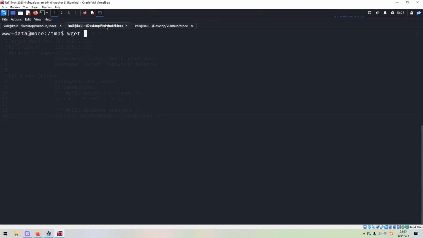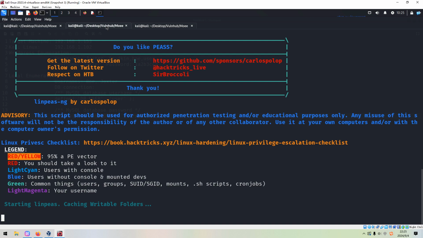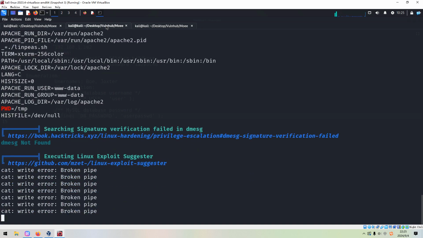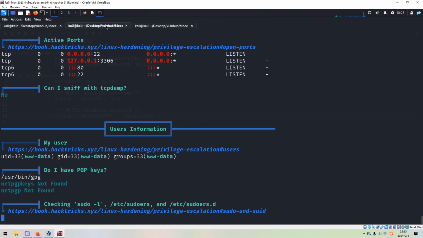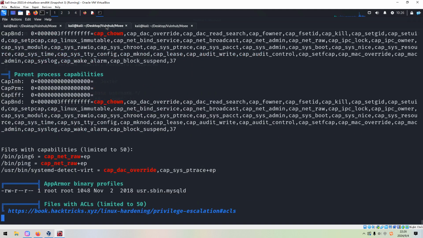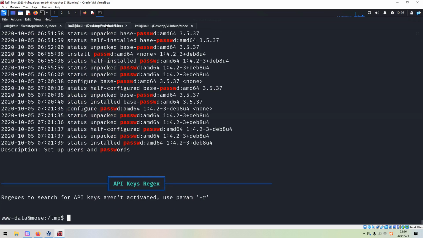We can use wget, and we need to make it executable, and then we can run it. Okay, although we have already done local enumeration, in most cases we need to rely on the power of the automatic shell script to do the enumeration. As you can see, it's done.